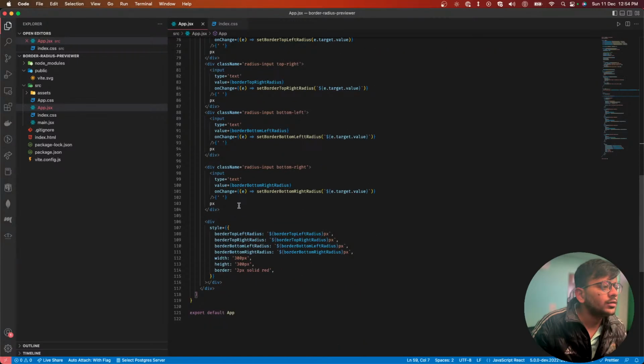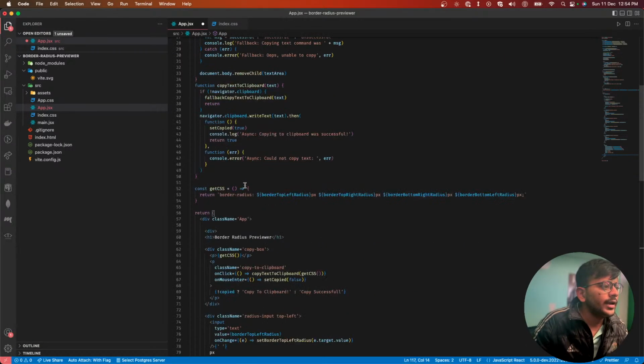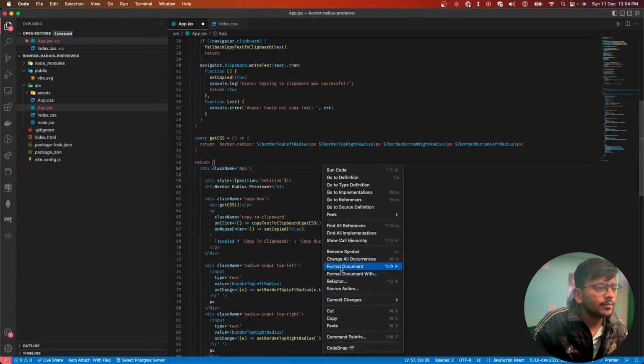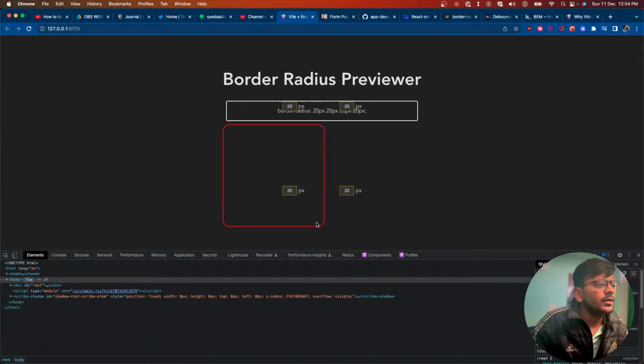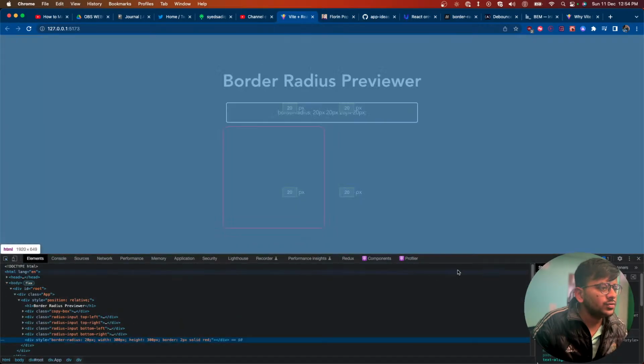Let's move this whole thing inside a div, and that div should be position relative. Again, trying to write tailwind classes. Okay, style position relative. Yeah, it makes it worse, but what I wanted to do is